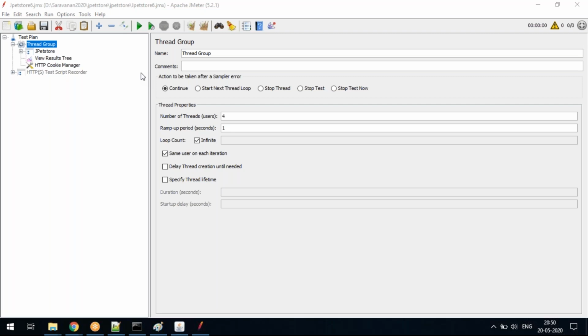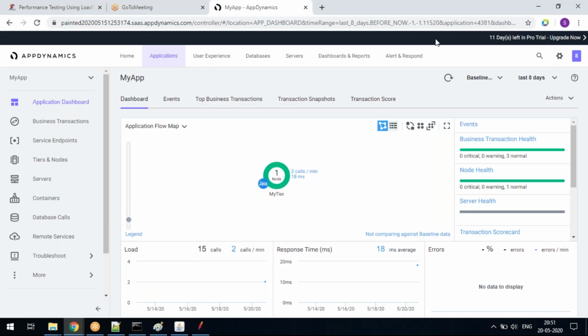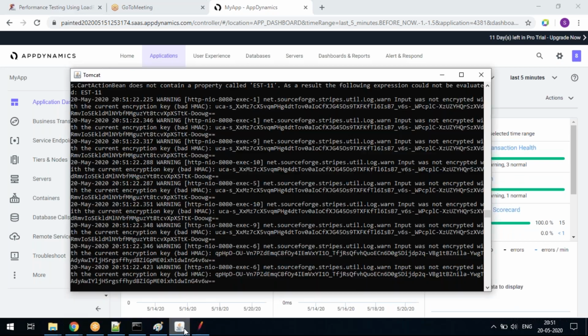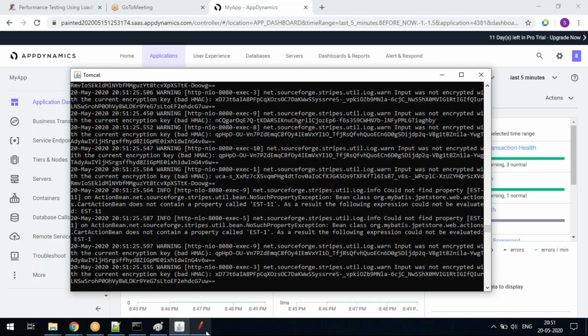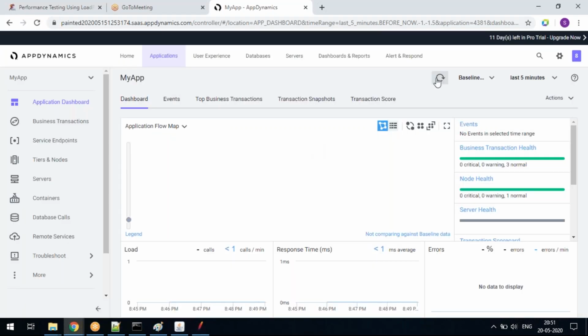Okay, now what I'm doing is going here. The thread group is 4. If I really want to create an issue, I can straight away set 7 or 8 users, and when I start the test, I'm synthetically creating load, like a robot creating load on my application. So I started it. I know definitely that within a short span of time my application will crash, because the heap size is very, very small for this application. So let it run for some time. Within 5 minutes, the data will be loading here.